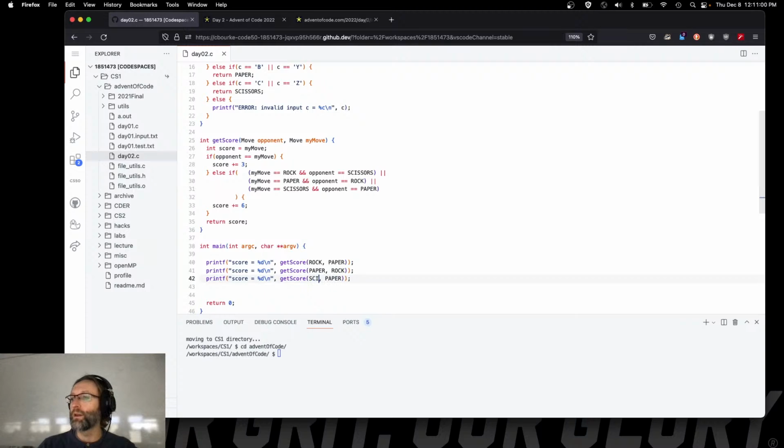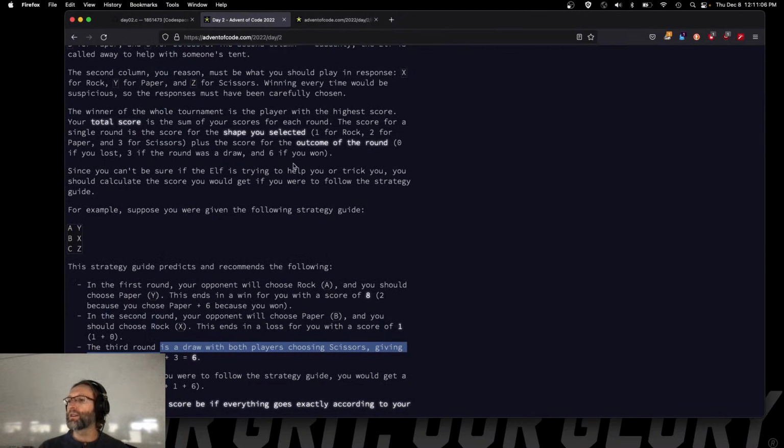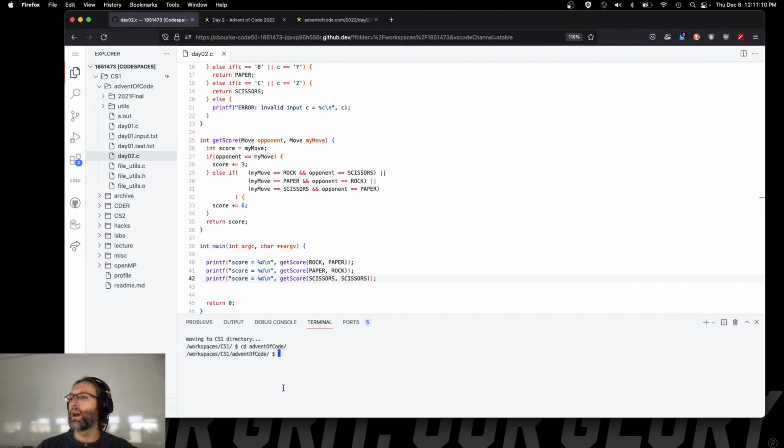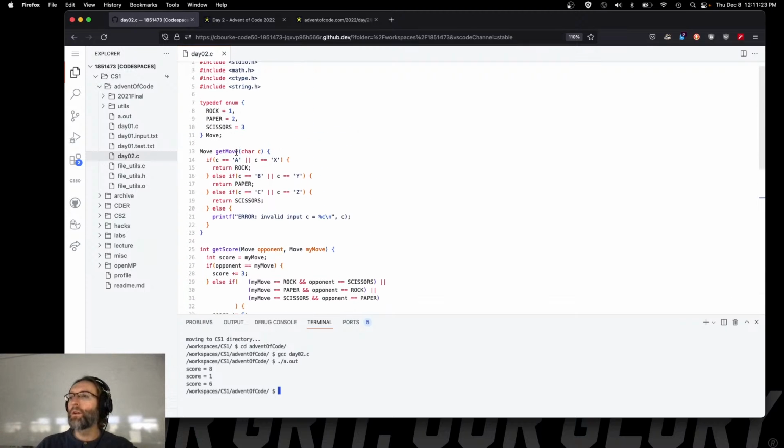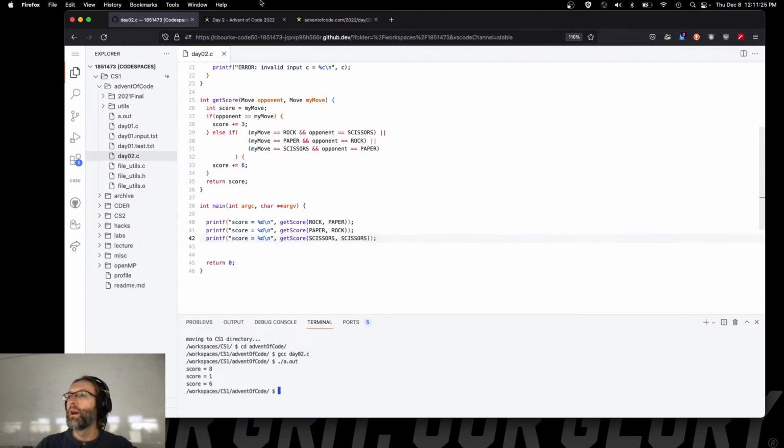All right, so scissors, and scissors. All right. Now remember, the outcomes of each one of these is 8, 1, and 6. All right, so let's go ahead and compile this. Day 2. And if my logic is correct here, we should have 8, 1, and 6. Hey, cool. All right. So I'm pretty confident that we have at least the building blocks that we can now